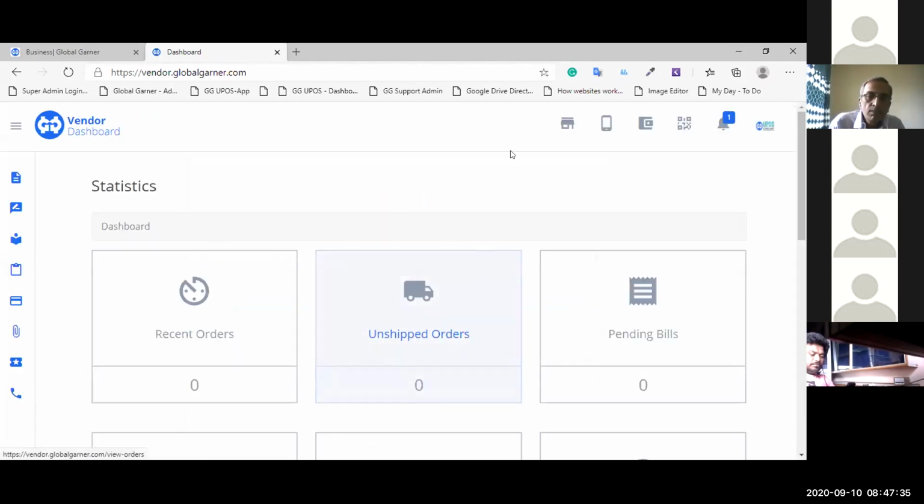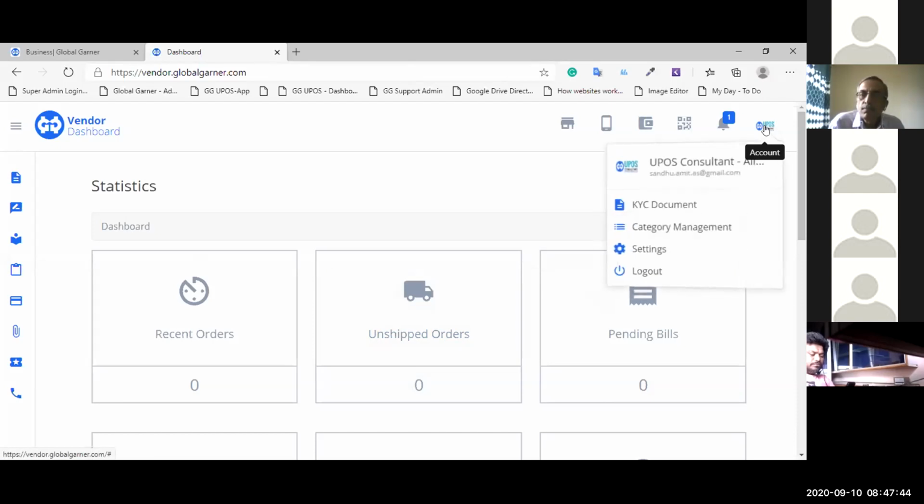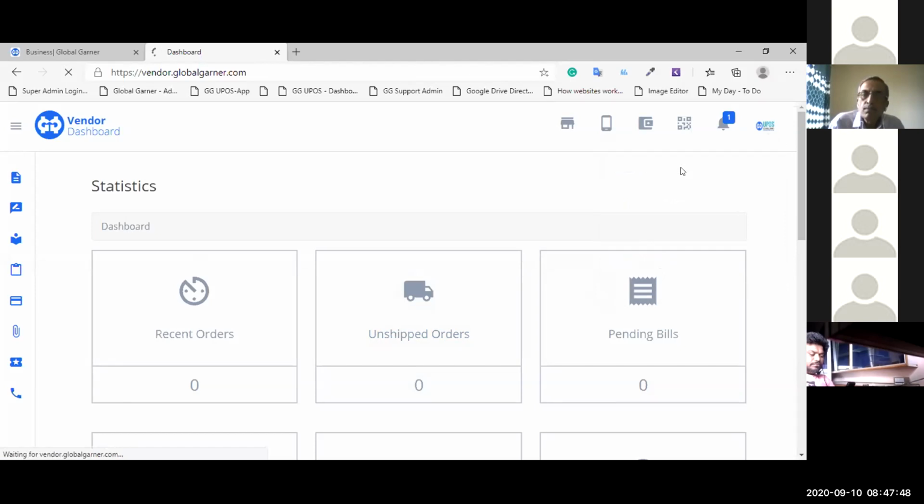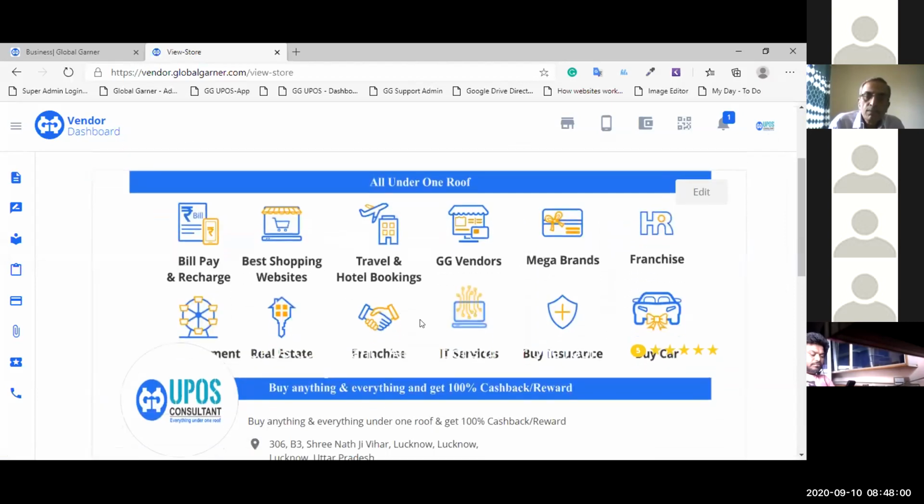Now this is your vendor dashboard. The first thing again you need to complete is to update the profile details. For updating the profile details, you need to click on this icon, click on your name. Here you can edit your profile picture of your store.